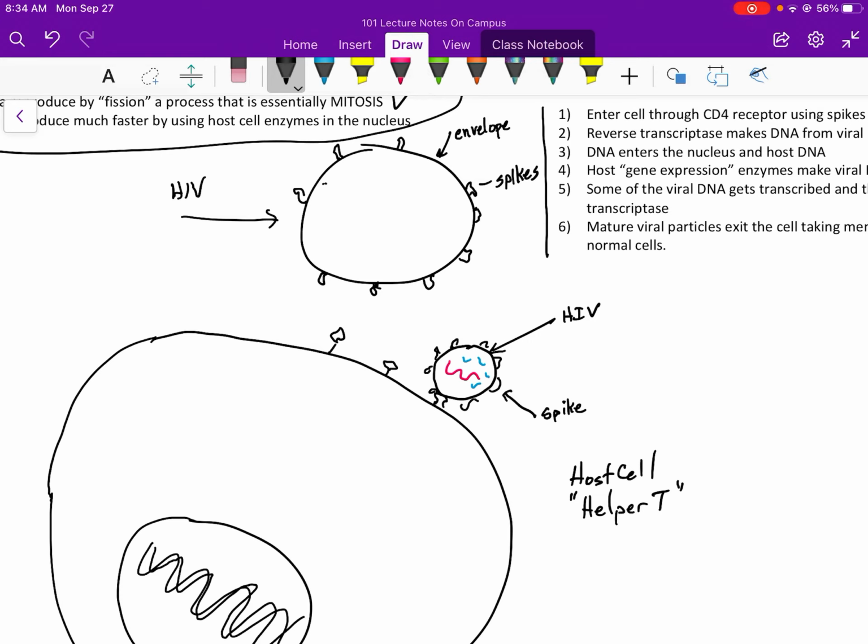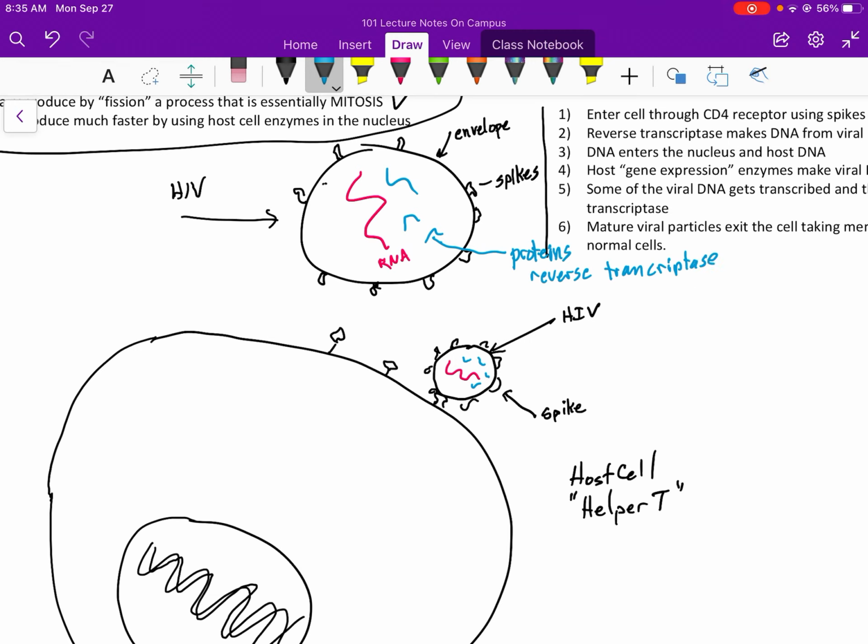So on the inside of this, we're going to have some material that looks like this, and this is just a piece of RNA, and that means single-stranded, right? You could still get the complement of this pretty easily. So you have a single strand of RNA, so it's going to be relatively short. Small little thing, and then you're also going to have some other things in here, packaged in here, which are called enzymes. And these enzymes, sorry, I'll just call them proteins. Proteins make up enzymes, right? And in particular, the protein in here of interest is going to be one called reverse transcriptase,